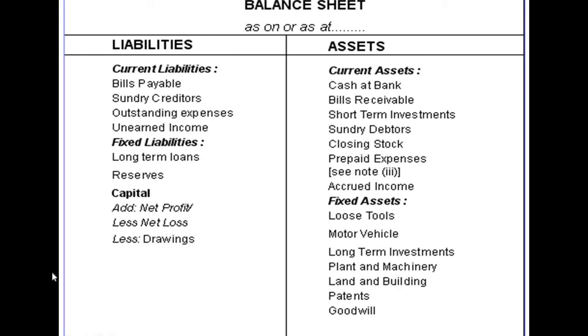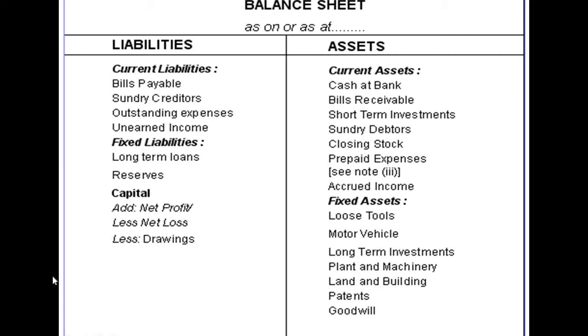In this balance sheet, we are seeing the fixed assets. First we will see the liability side. In this liability side, we are seeing the current liabilities. Current liabilities is meant by